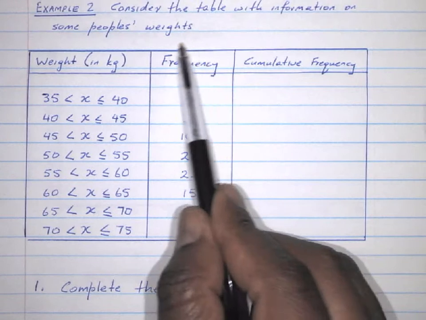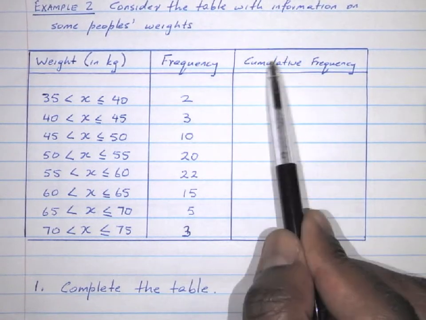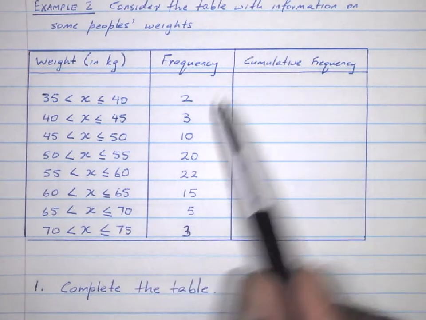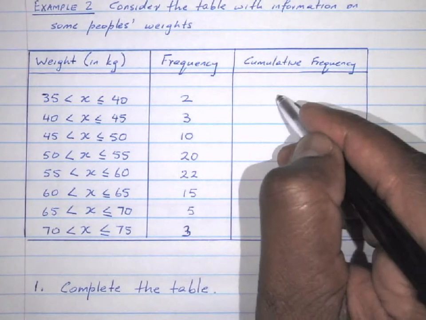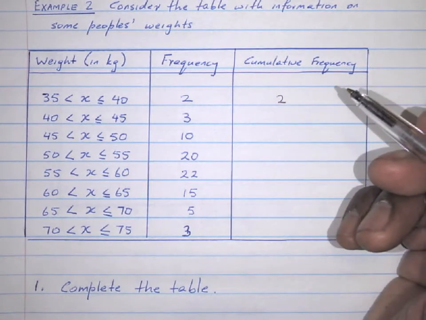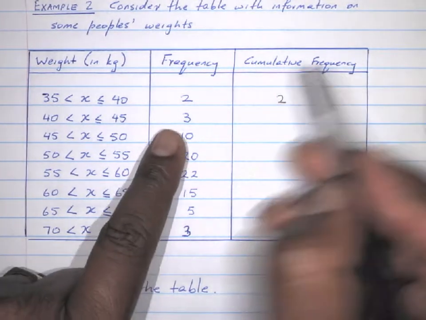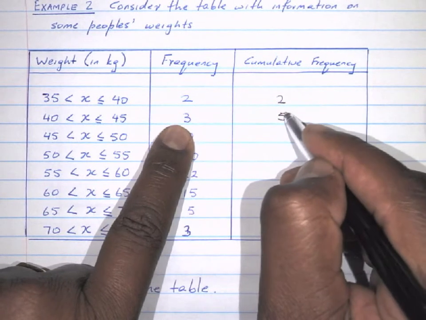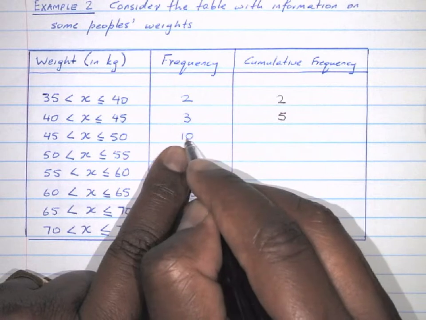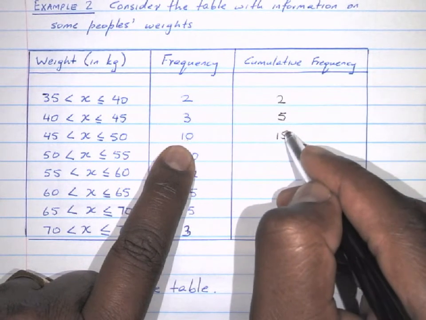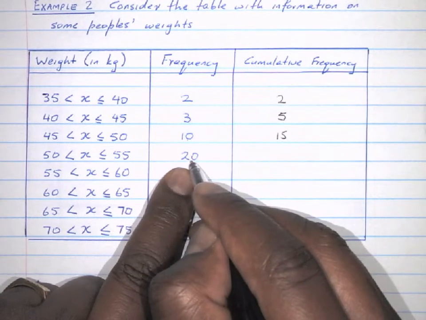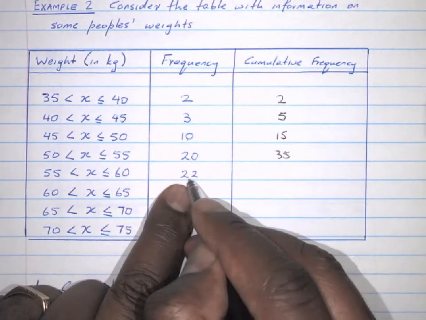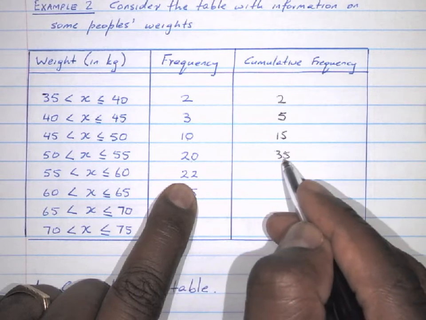Now, there is a frequency here. This is cumulative frequency. Cumulative frequency means that we are adding on top of the previous ones. So I start with 2, adding nothing. Now if I add the 3 to the 2, I get 5. If I add 10 to the 5, I get 15. If I add 20 to 15, that is 35. I've got 22, I add to 35,